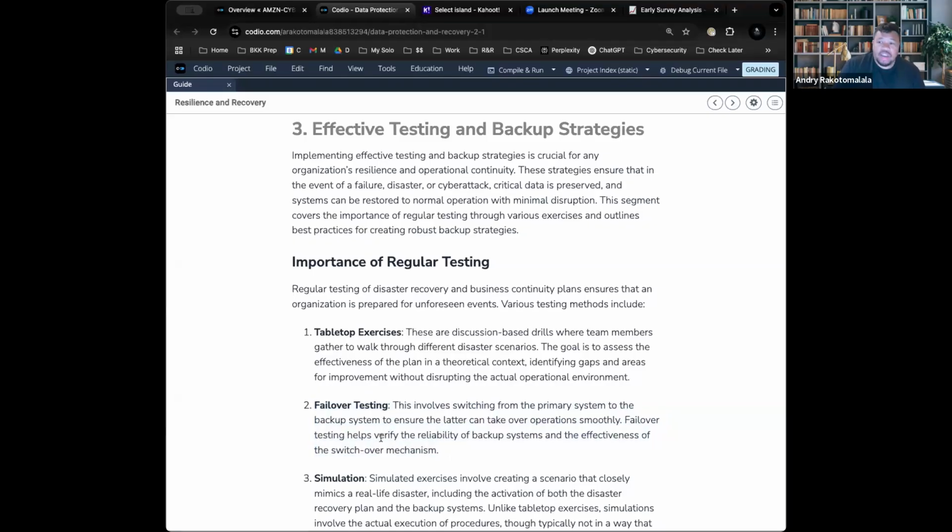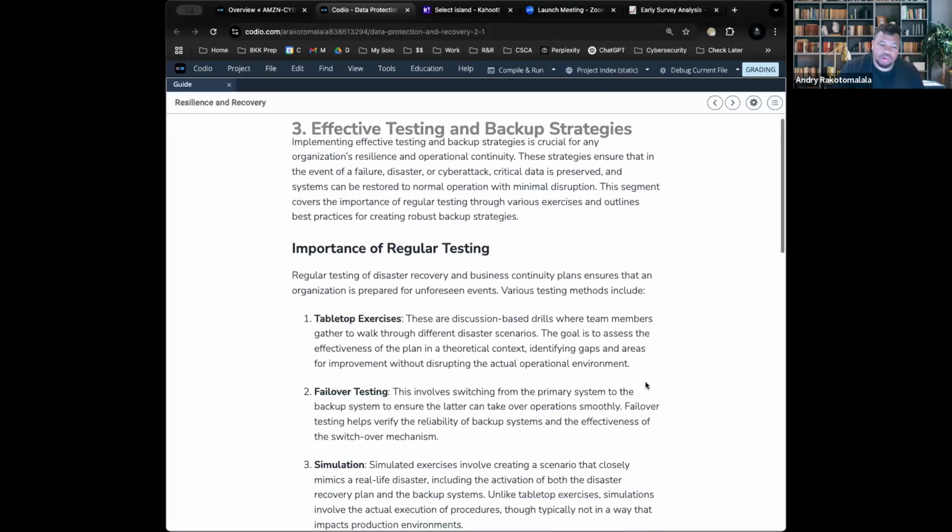Now, something that's quote unquote less technical, but more knowledge and awareness based, is actually tabletop exercises. I talked about this in the past, but in very simple terms, a tabletop exercise is just a process where you put everyone in a room, like all of the leaders or anyone who would do this, and then you present them a scenario. This is a disaster scenario where you say, hey, a fire just happened in the engine room, and you ask them, what do you do? So it is to assess the awareness of all the employees on what to do, as well as the effectiveness of the plan that you put in place.